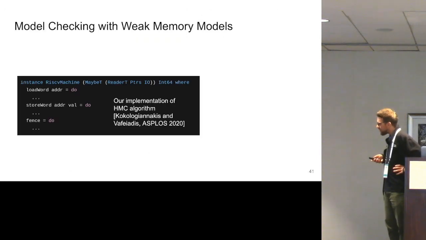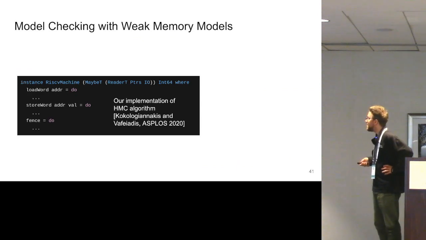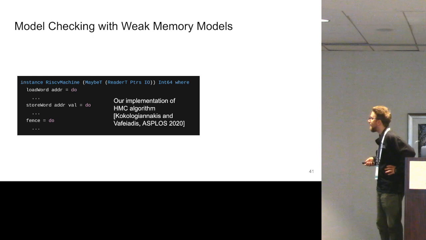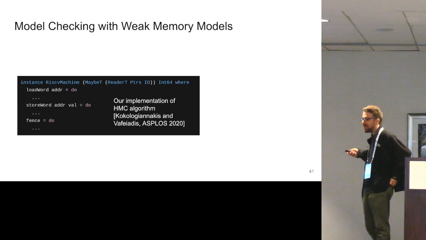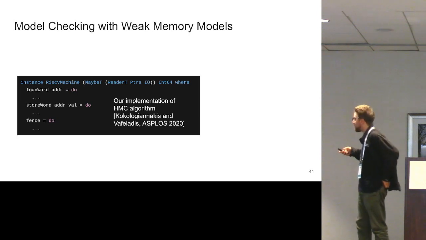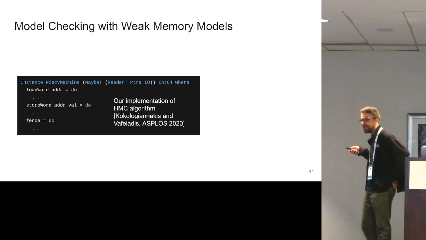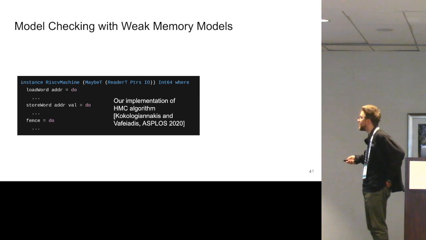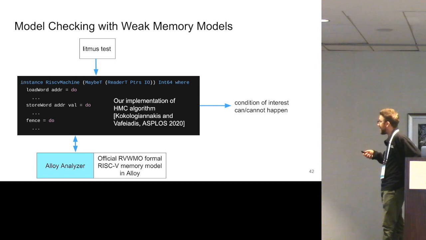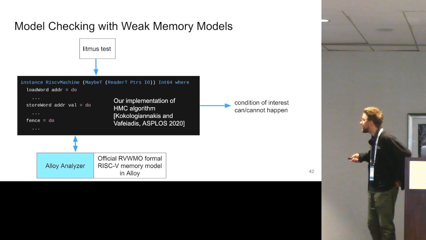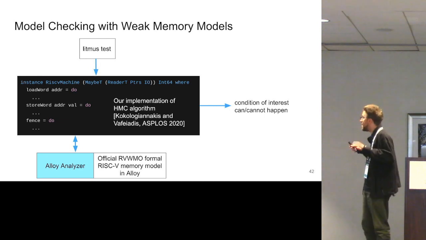So we are following an algorithm called HMC, presented at ASPLOS, and this algorithm allows us to efficiently enumerate all possible weak memory graphs, and we implemented that algorithm as a type class instance of our RISC-V machine instance, and the main meat is basically in load word, store word, and fence, and then we can take some litmus tests, which basically execute like two or three instruction programs in parallel, and then